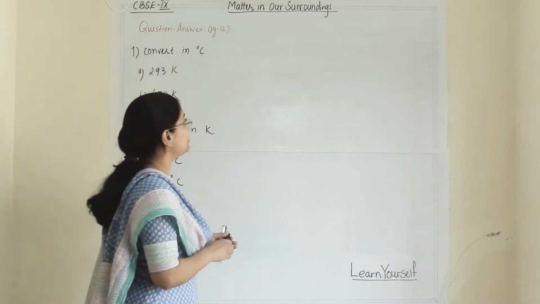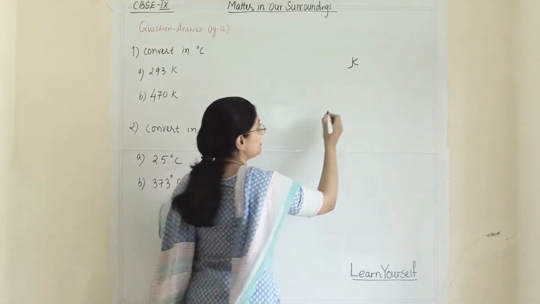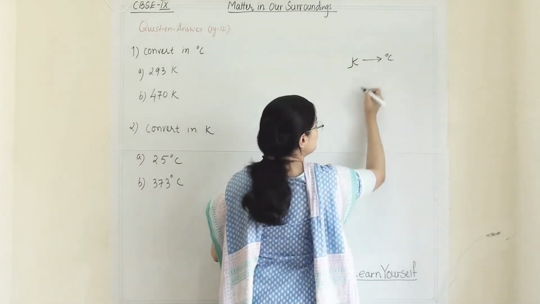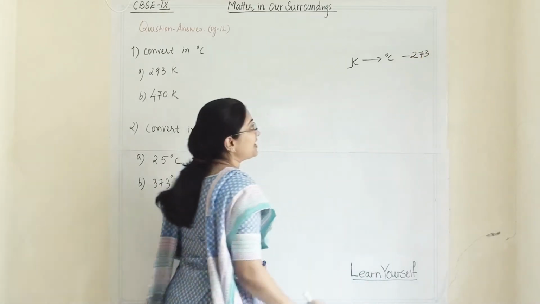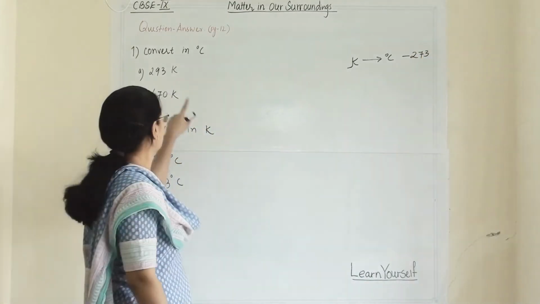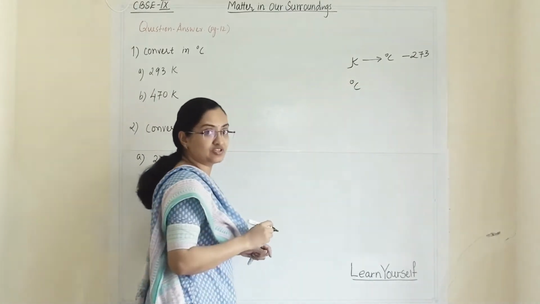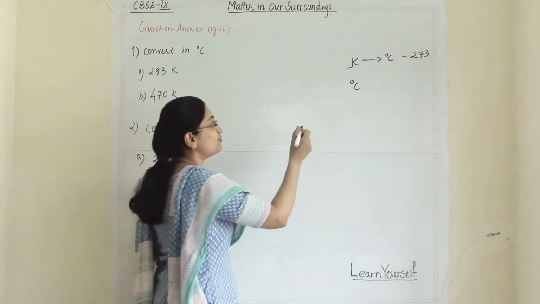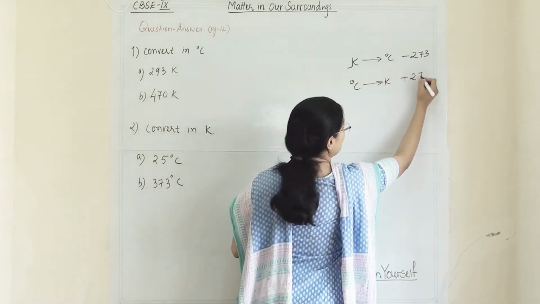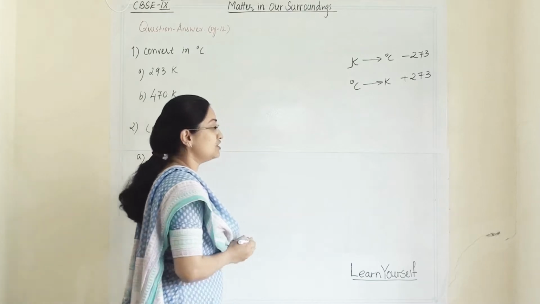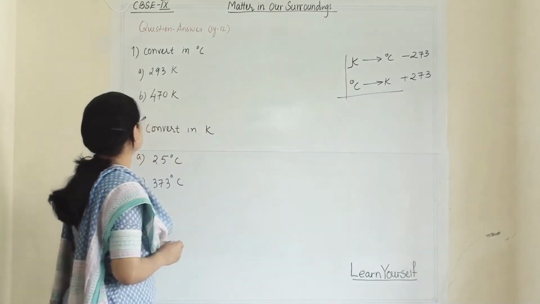Now we know that whenever the Kelvin scale temperature has been given to us and we have to convert it into degrees Celsius, we should subtract 273 from this temperature. And when a degree Celsius temperature has been given to us and we have to convert it into Kelvin scale, then we have to add 273. So this you have to remember. Now let us see first one,